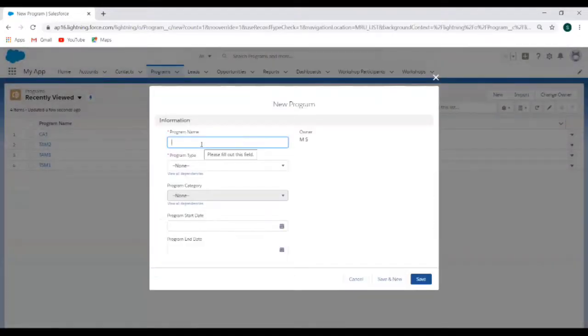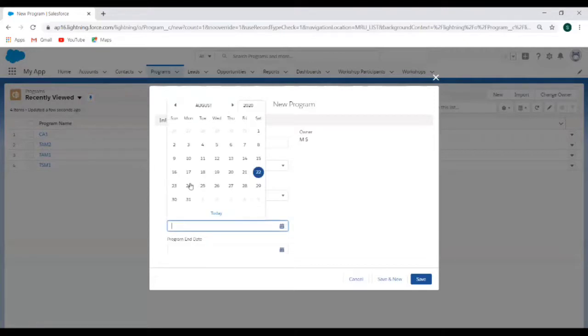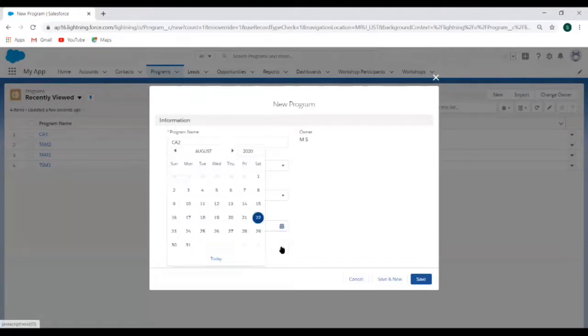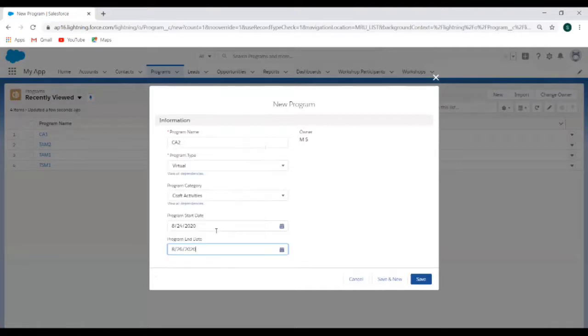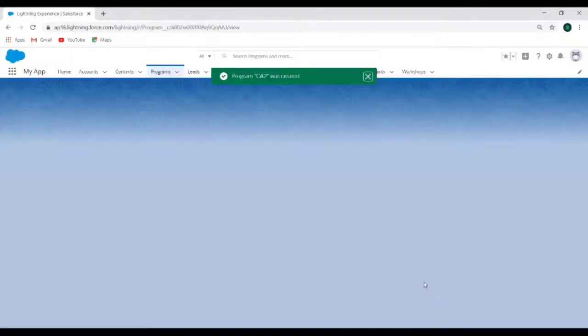We will give the program name as CA2, craft activity 2, select the program type as virtual, and the program category as craft activities. We will give the program start date as Monday and the end date as Wednesday, and click on save.